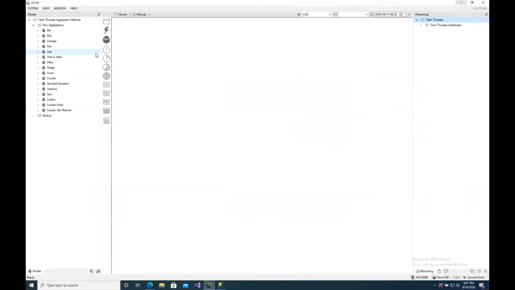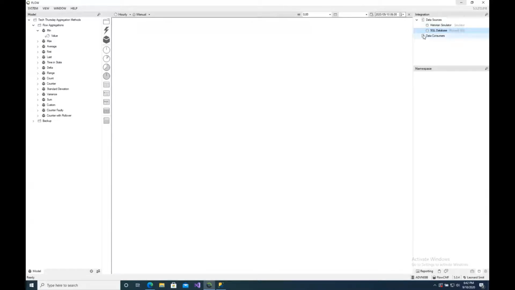And you'll notice that I've configured a whole bunch of aggregation methods already. So I've got a min, a max, an average, a first, and in each of them I've got my hourly KPIs or my hourly measures configured that I'm now applying these aggregation methods upon. I've got two data sources that I'm currently connecting to. I've got a historian, a time series data source. I also have a transactional type of data source, in this case a SQL database where I've got all my